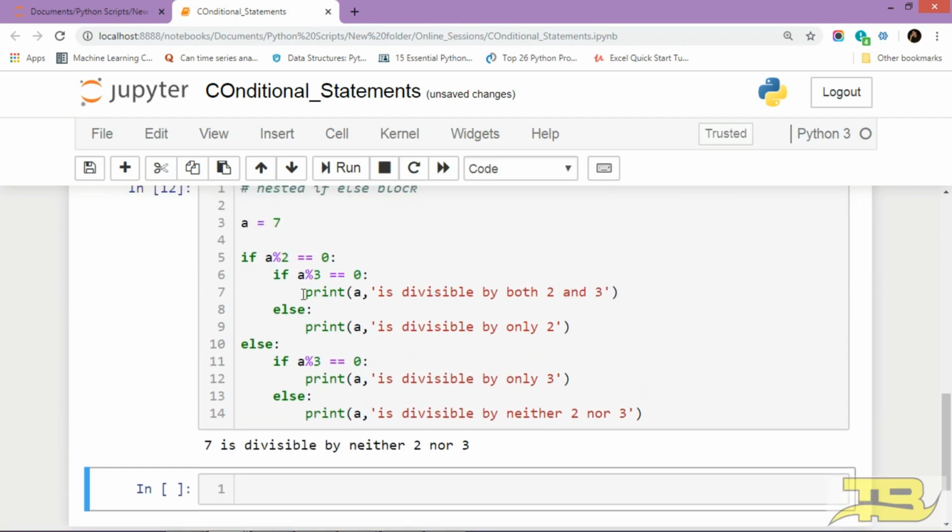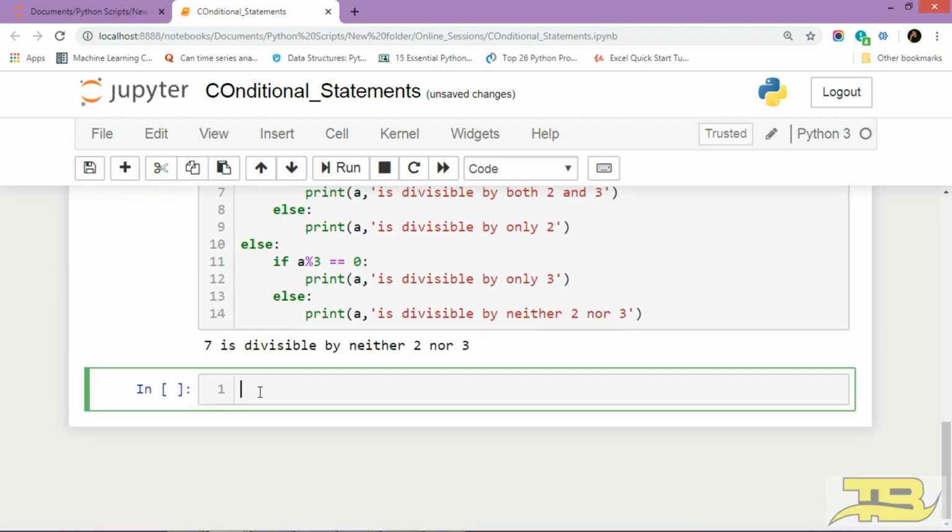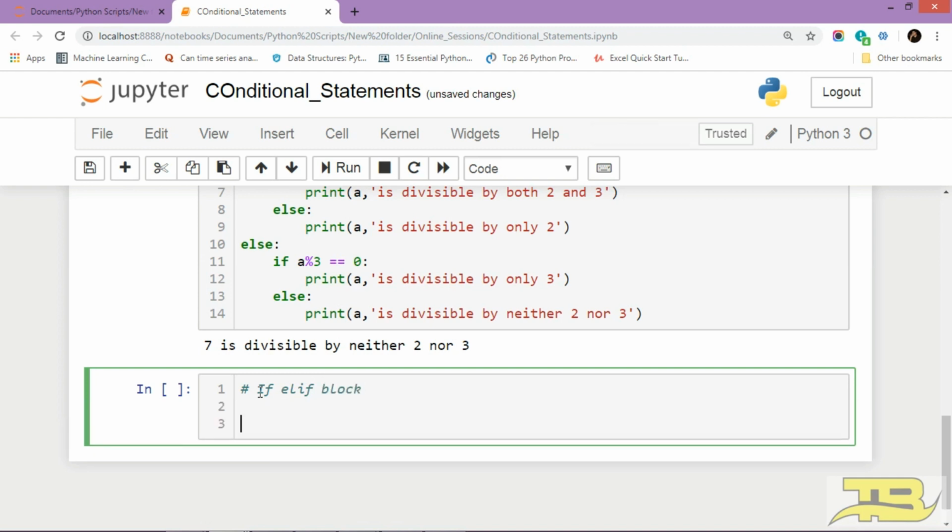Alright, now with that block, we have another block called the if, elif, else block. Or we can have just an if and elif as well. So let's say we have a number. Now in Python you can take a user input using the input function, and since it always returns a string kind of an object, I am basically typecasting it with an int type. So I'm also writing a message like enter a number,